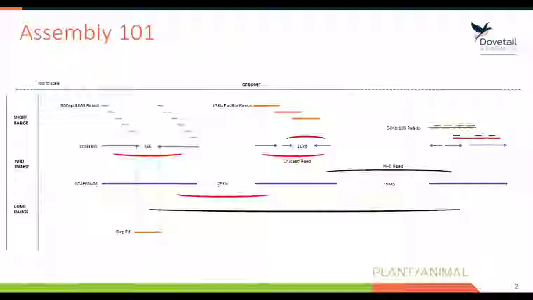So what I've shown here is this progression of capturing greater and greater contiguity. The initial short-range data is typically what would be represented in a draft assembly. So we can either take a draft assembly from you and improve it, or we can build one entirely from scratch here at Dovetail. But in either case, the draft assembly is typically built using a variety of methods, one or a combination of Illumina short-read technology, shown on the left,